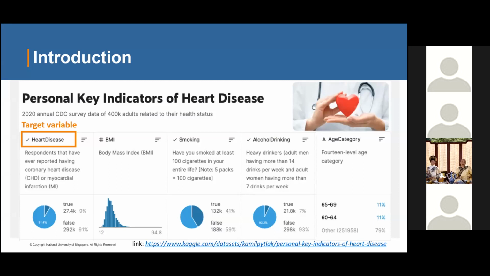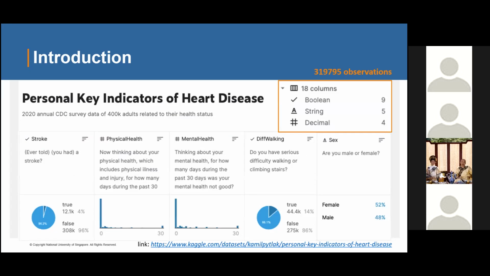According to the Centers for Disease Control and Prevention, heart disease is one of the leading causes of death in the US. About 47% of all Americans have at least one of three key risk factors for heart disease: high blood pressure, high cholesterol, and smoking. Next page, please. Other key indicators include diabetic status, obesity, not getting enough physical activity, or drinking too much alcohol.